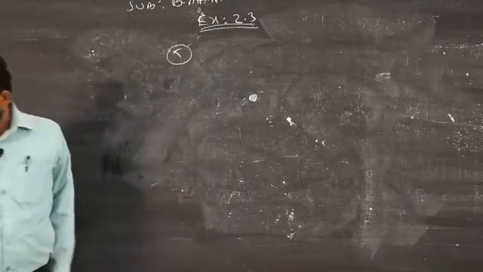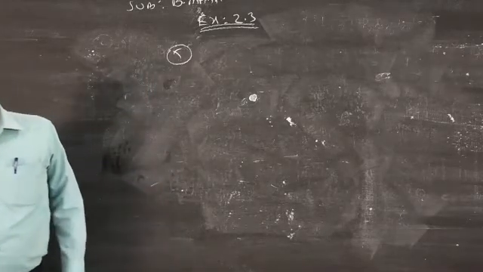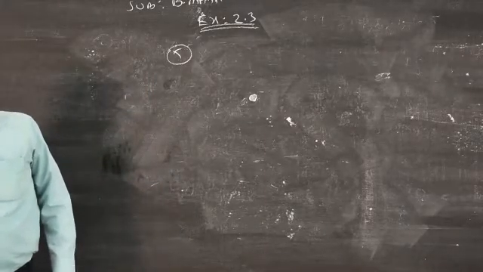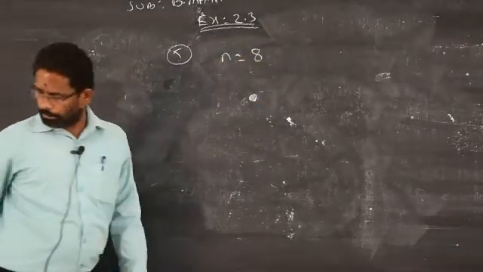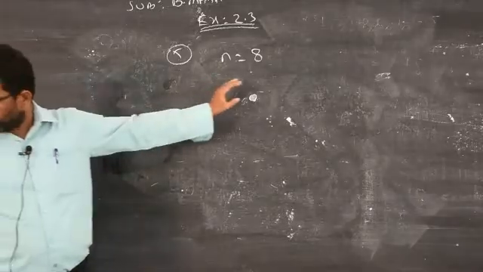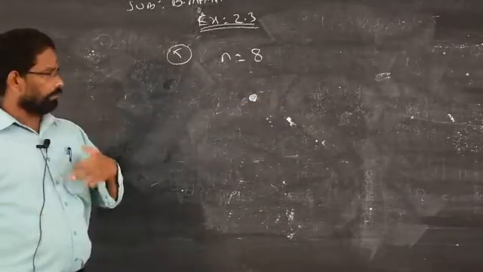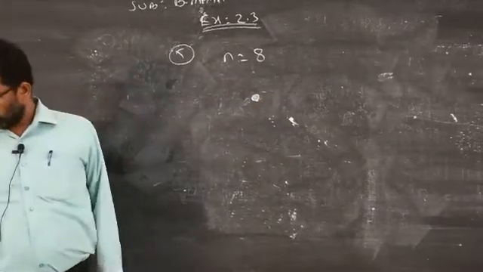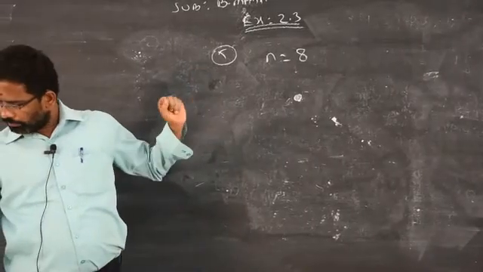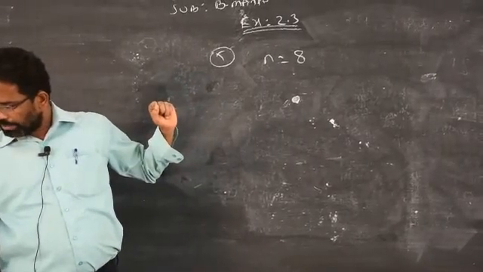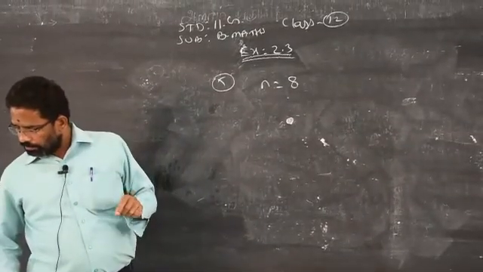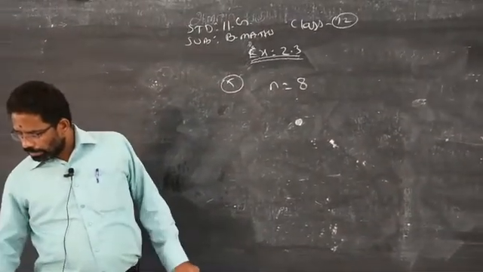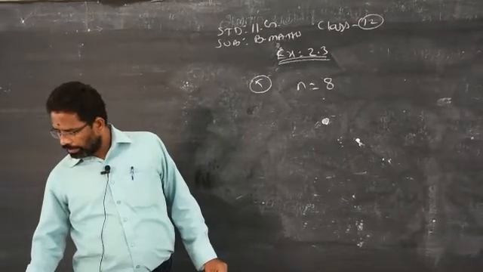Question number 5. There are 8 identical beads to be strung on a necklace, a chain, called stone. Question: how many ways can 8 identical beads be strung on a necklace? So for the necklace you have to find out how many ways 8 boys can form a ring.